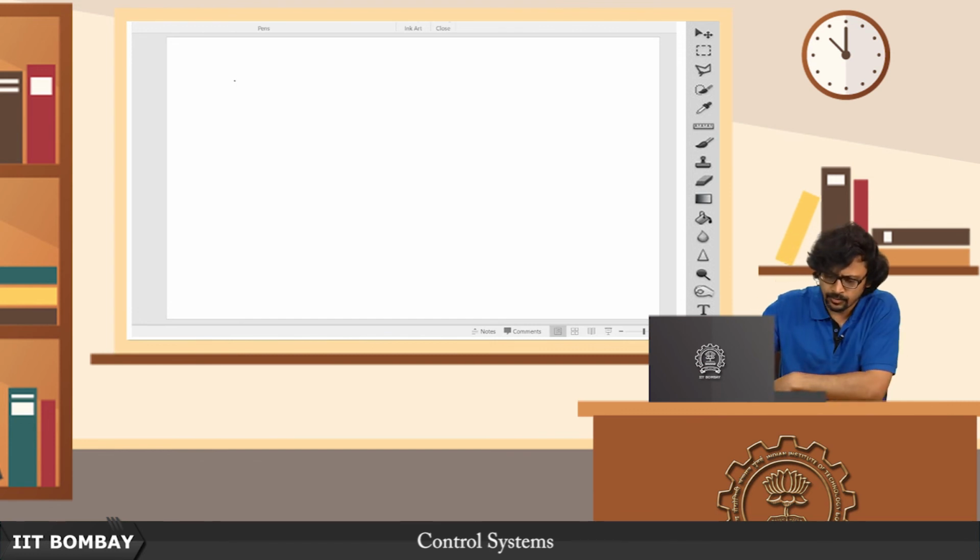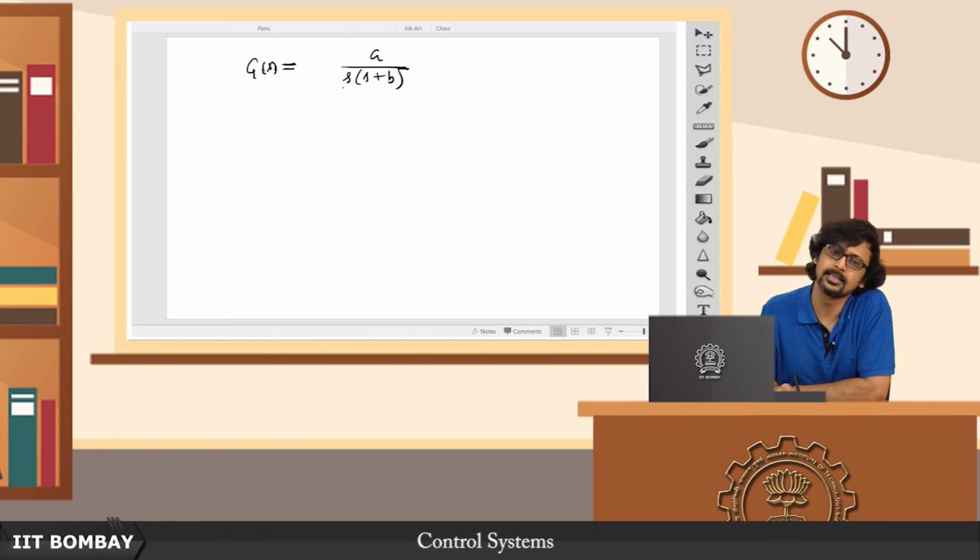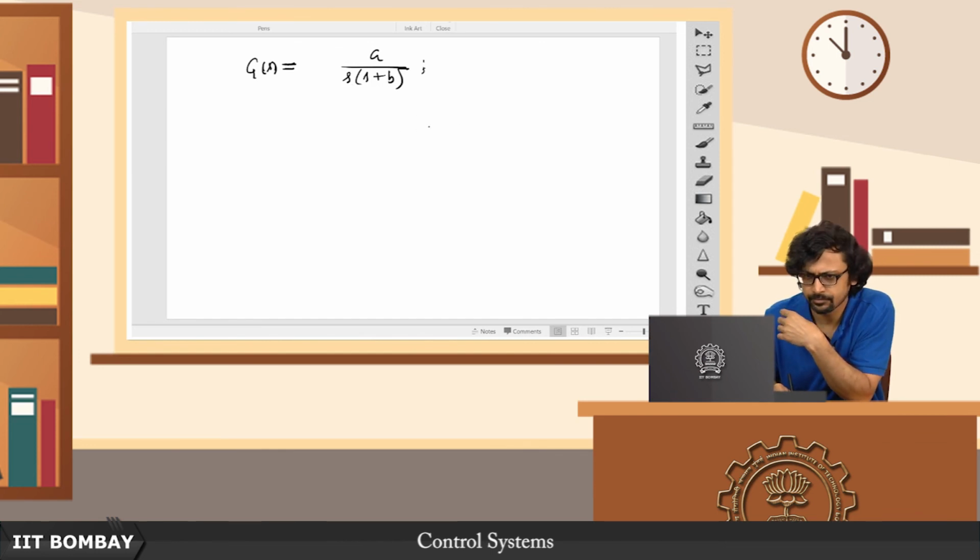Okay, so for example, if you have say G(s) given by A upon s into (s plus B), apparently this has nothing to do with the system we have studied so far. Of course it has. You can always say that this is an overdamped system with two distinct poles at 0 and minus B, but that is not why I have taken up this system. Where we will be most interested is when we put this G(s) here,